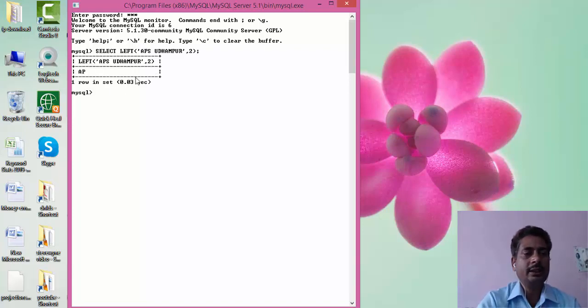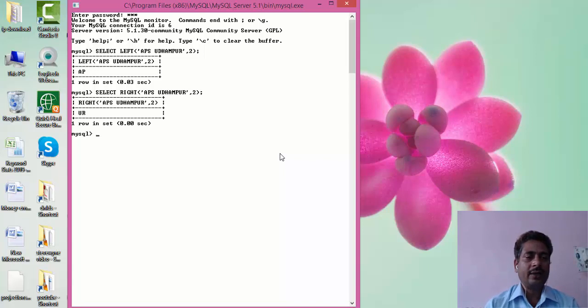So you can see that here AP, it extracted the two values, two alphabets from the left side. Okay, the left value. And if you use right, it will extract two values from the right side. Okay, I've already told you about the mid function. Mid extracts the middle value, which is equivalent to substring. Okay, so all these are the string functions.